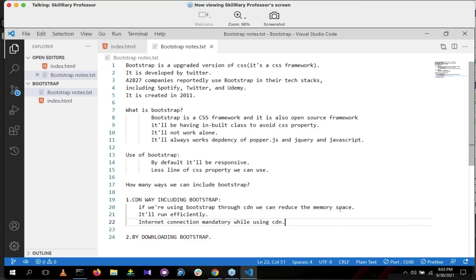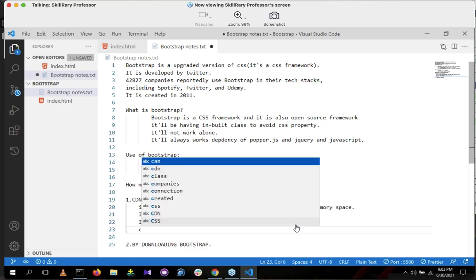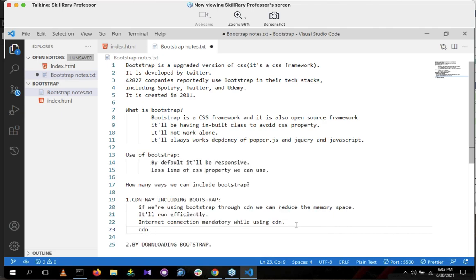Yeah, okay, Maheshwar, they are using. Okay, fine. Sir, in our website, poor internet connection, please show code, sir. Okay, wait. CDN means content delivery network. In HTML, I explained to both the batches. Content delivery network.